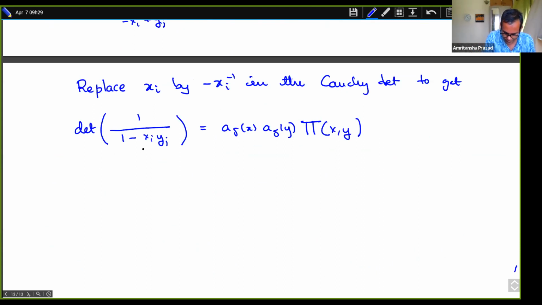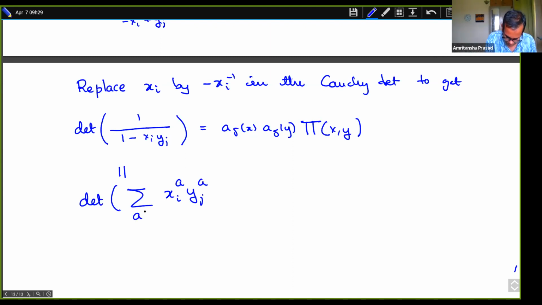Now look at this thing. So the usual trick we do is, whenever we see 1 over 1 minus something, we write it as an infinite geometric series. So this is the determinant of the summation of xi to the a, yj to the a, so maybe this, a greater than or equal to 0. This matrix. And if you expand this determinant, then you get the summation